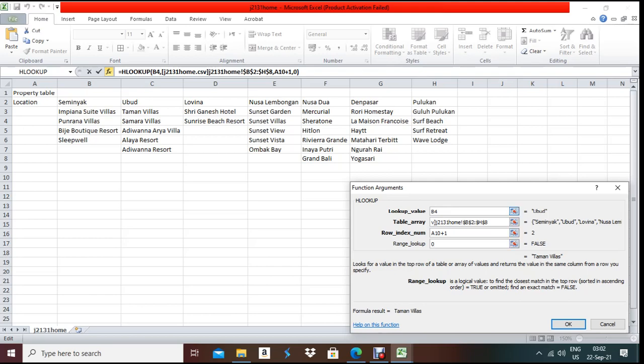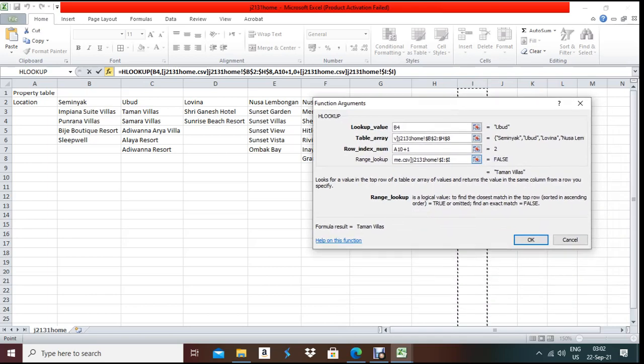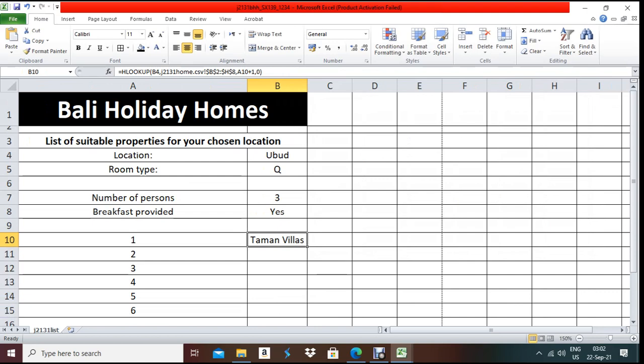So in the row index I wrote A10 plus 1, that means 2, and range lookup will be 0. Then press OK. Now what is the problem with this formula? If I apply the formula in the cells below, it will show you an error. Why?